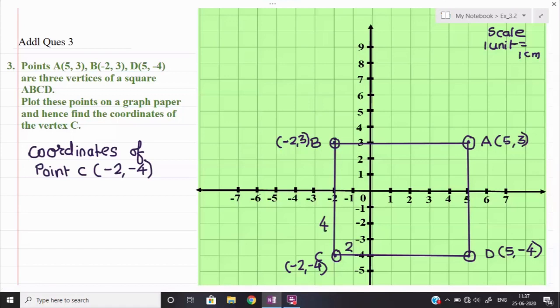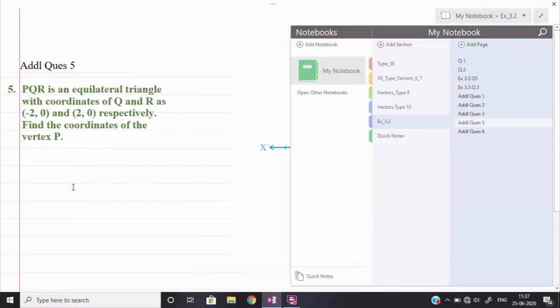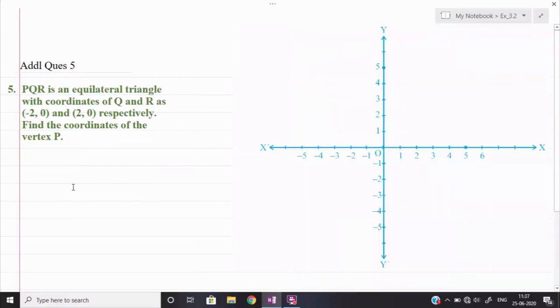Okay, so I hope this question is also clear to you. Now one more question is given. Such kinds of questions are given to you. I think I am taking question number 5 now. Let me check. Yes, question number 4 is homework for you. It is in the same manner, so please try question number 4 on your own. Now question number 5 we are going to solve.